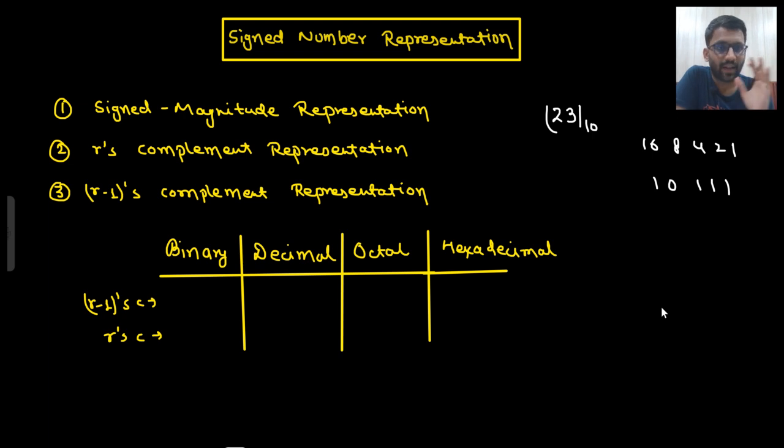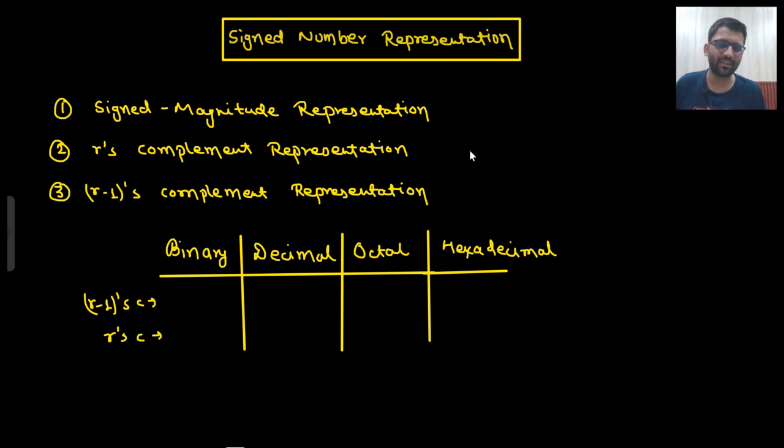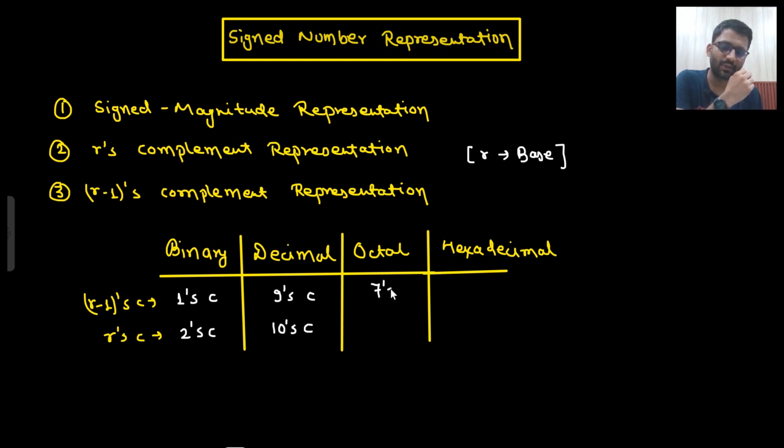But we need to represent both negative and positive numbers now. So we will use certain ways. First we will see signed magnitude representation. Then we will see r minus 1's complement representation. Then we will see r's complement representation. What is r? R is the base. If the base is 2, binary, then r minus 1's complement will be 1's complement, and r's complement will be 2's complement. In decimal, it would be 9's complement and 10's complement. In octal it would be 7's complement and 8's complement, and in hexadecimal it would be